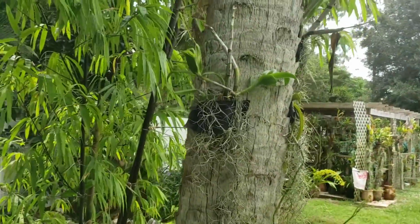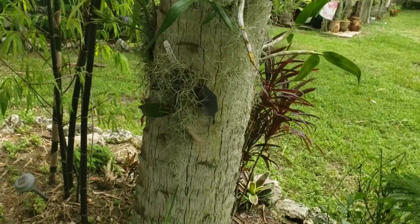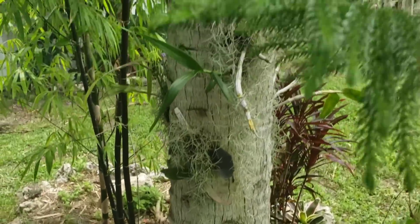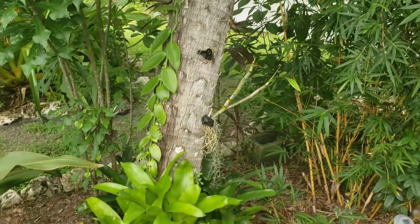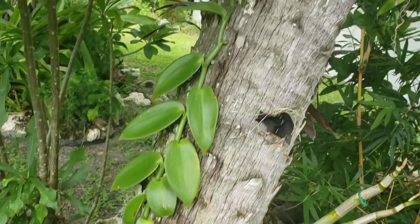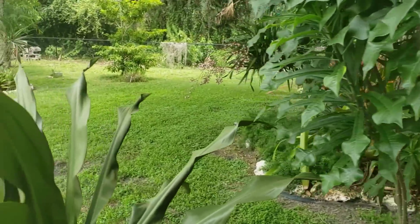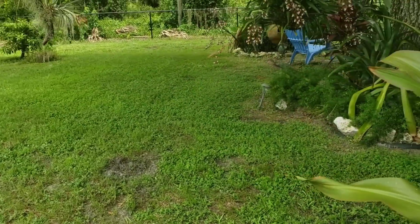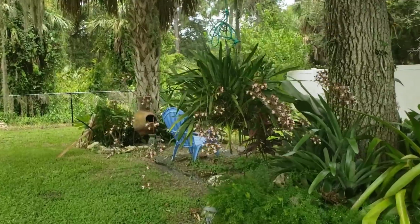So this palm tree is a mix. There's Dendrobium, Phalaenopsis, and Miss Hokim on the bottom. They're just okay. Nothing is blooming. Vanilla, on the other hand, look at this. Doing really, really good. And how can we not go and visit Big Mama that is right now fully